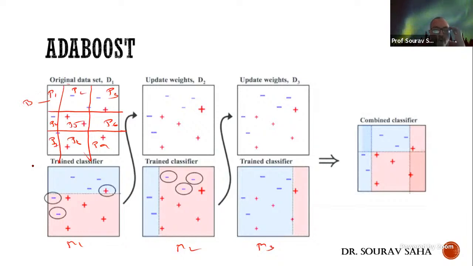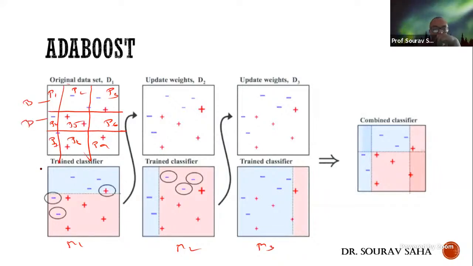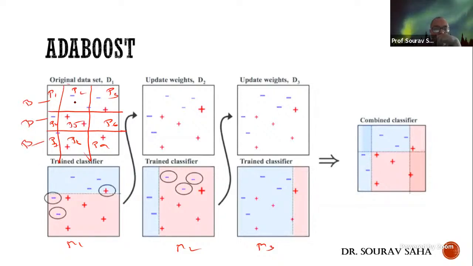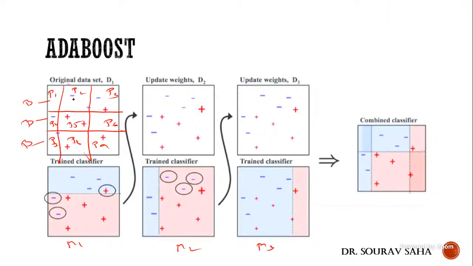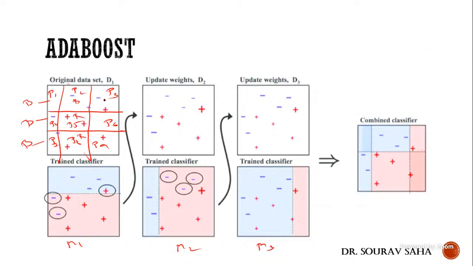P2, should it be blue or red based on M1, M2, and M3 majority voting? P2 is also blue. P3, blue. Very good. P4 is also blue. P5 is red, right, very good. P6 is also red. Very good. P7,